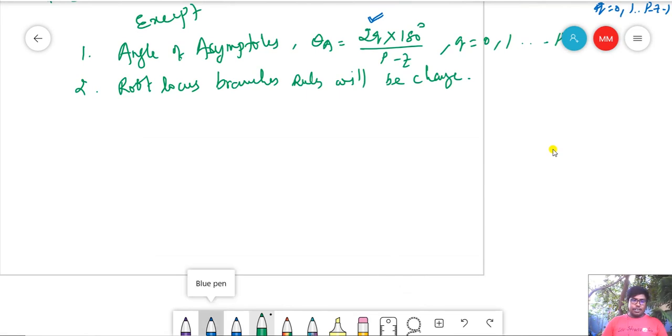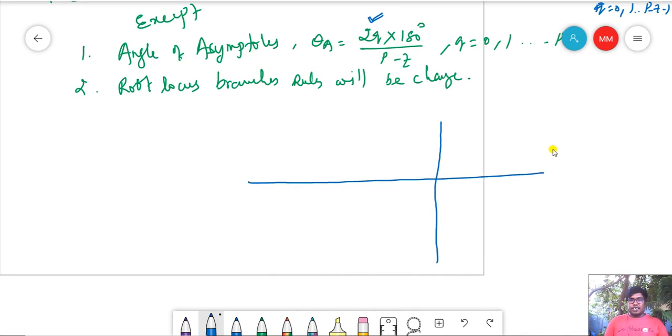How it will be changed, I will show very clearly. This is the S plane. This is the real axis and this is the imaginary axis. This is the right hand side, RHS, of the S plane and the LHS of the S plane. This is the origin, with minus 1, minus 2, minus 3 and so on, and plus 1, 2, 3 and so on.